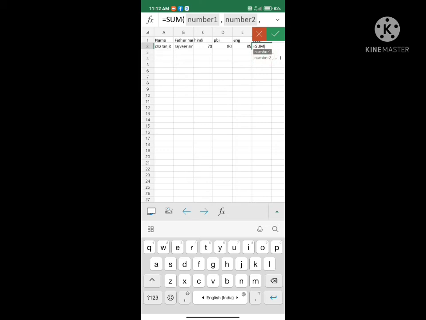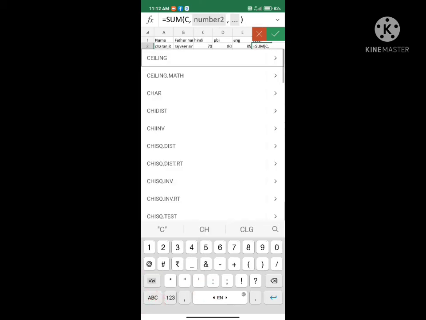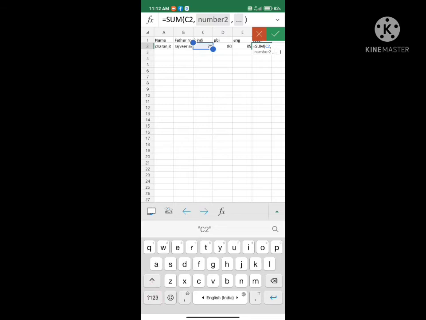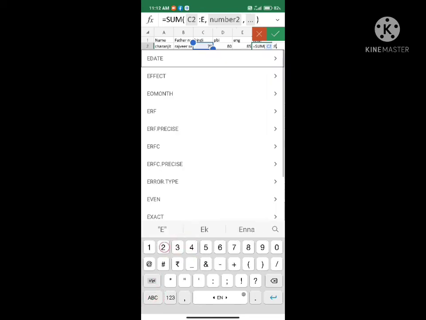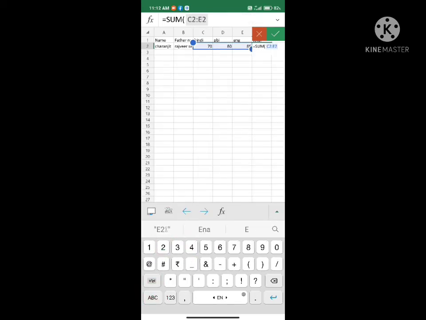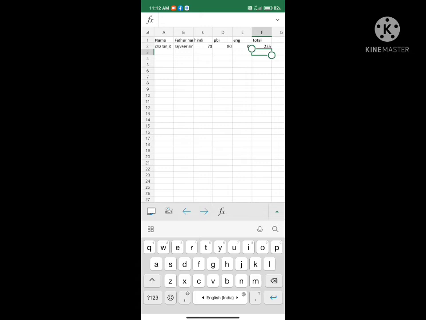So for range I have to type C2 colon E2. Enter. See here there is a total of all the subjects.